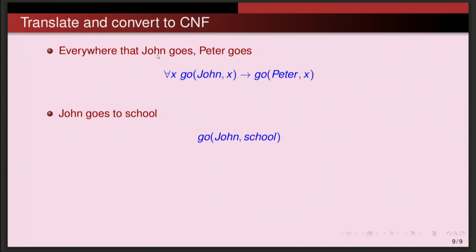Now, how do we convert this into CNF? Why do we need to convert into CNF? Like we saw in the last session on propositional logic, if we convert into CNF, then the resolution becomes simple. So here also the same procedure applies: before getting into the resolution, we have to convert into conjunctive normal